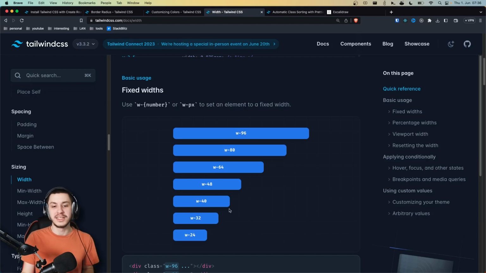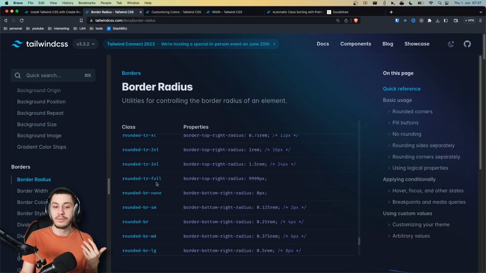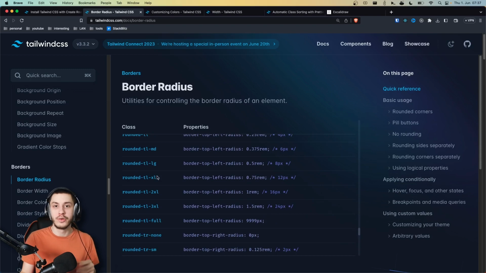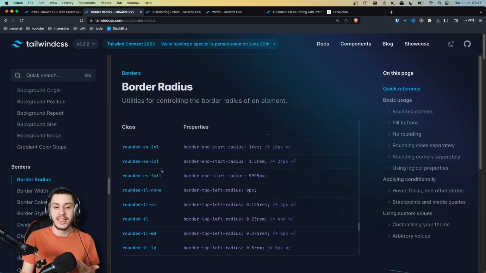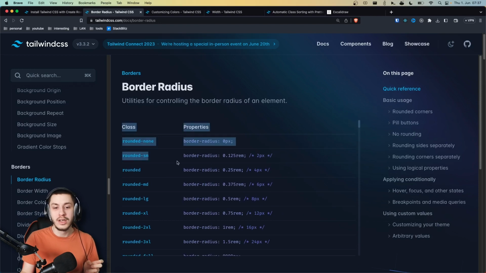The thing about this is, these numbers scale quite well. And they're designed so that your UI will look really nice when you use them together. So basically, these are steps that Tailwind recommends for you so that your app will look the nicest possible. And this also goes really well with the border radius, which is also predefined for you. So you don't say, I want a border radius of 4. You basically want to say, I want a border radius that is rounded, for example, small,